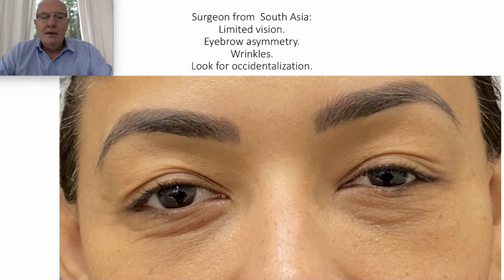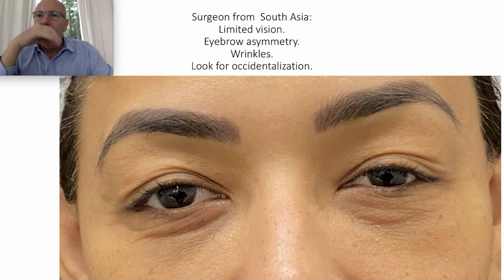And this is 9 years after the procedure. You can see that the procedure is long lasting. And this is a combination of many techniques. It's a surgeon that have a little